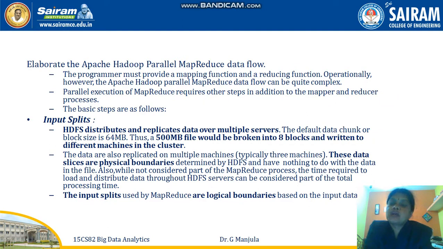Now let's elaborate the Apache Hadoop parallel map reduce data flow. I'll take up the introduction part here. What is meant by parallel map reduce data flow? Till now we learned what a mapper is, what a reducer is, what a map function and a reduce function are, and their properties. Now we are going to learn in this topic the parallel